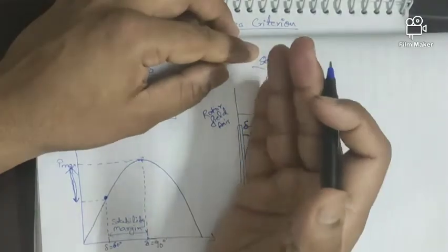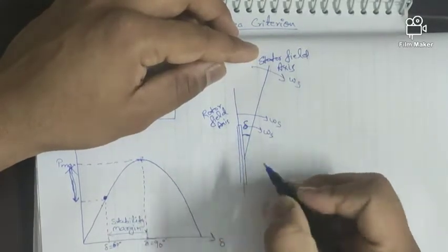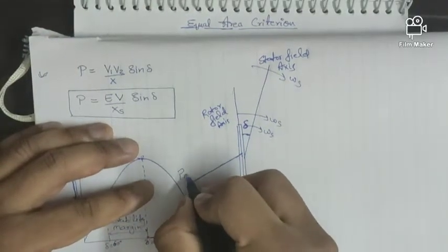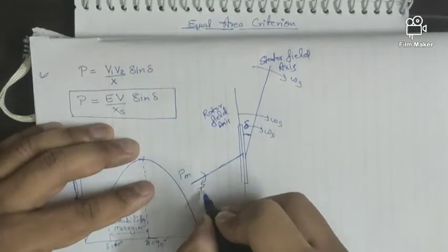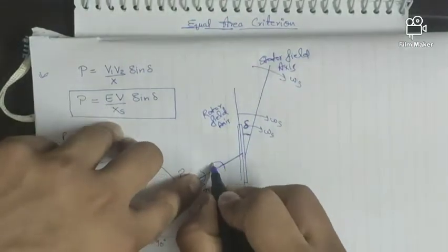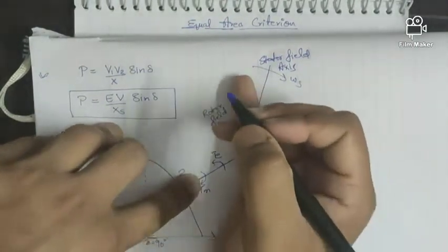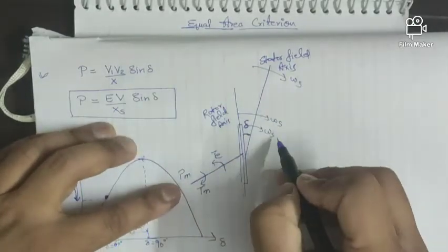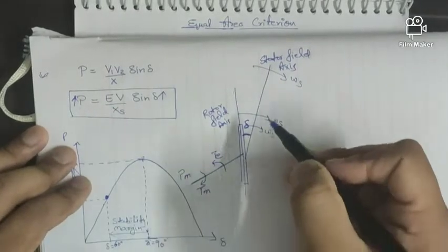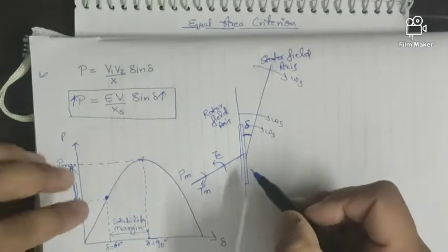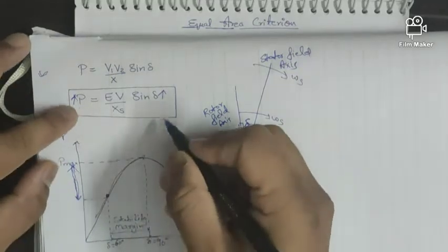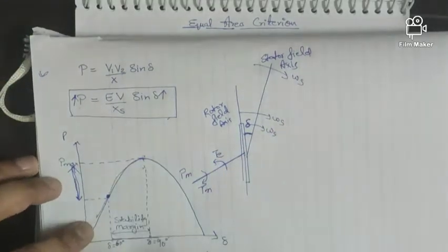As load increases, this delta angle will increase. As we have discussed, this rotor is provided with some mechanical input which generates mechanical torque. If we put some electrical load, it will oppose this mechanical torque in the opposite direction, so that the rotor gets decelerated. So due to an increase in electrical load, the delta angle will increase, and if this electrical load reduces, this delta angle also reduces. With an increase in delta angle, the electrical power output is getting increased. We can see it from the equation and from the power curve also.